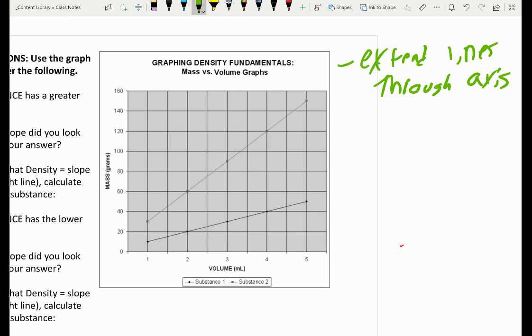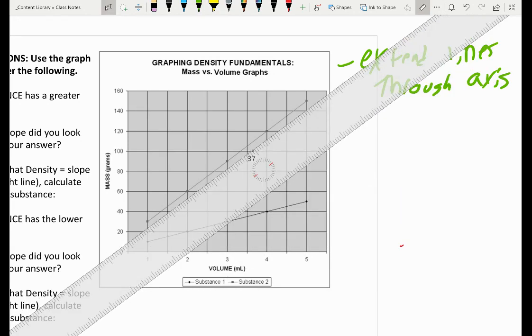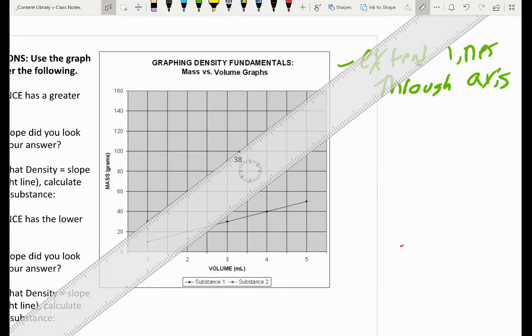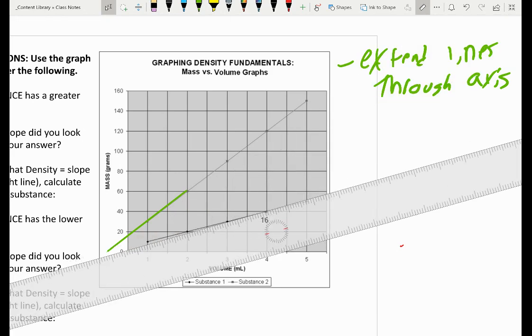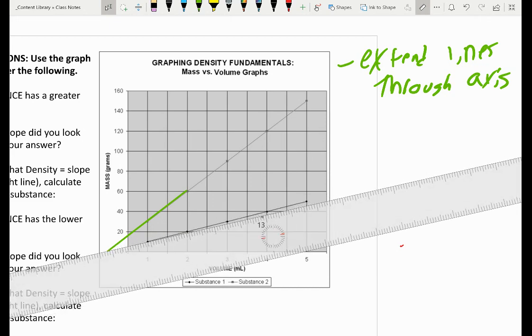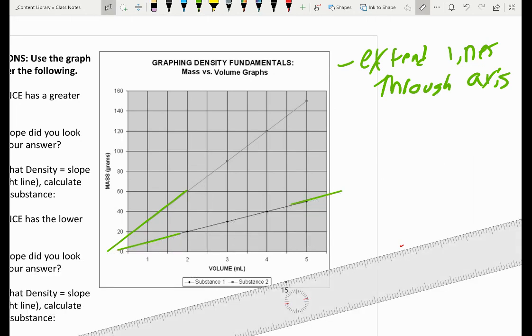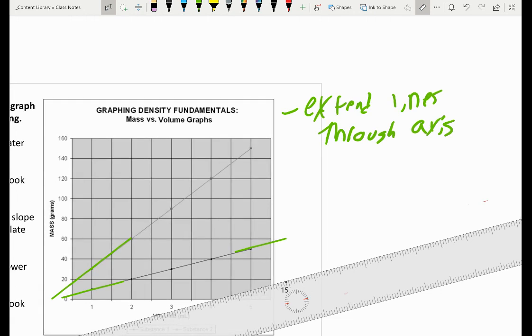Always. So when I see these, what I'm going to do is go ahead and grab my ruler again, and extend it like this. And you can extend it on both sides if you like, but no matter what, you always extend it through the axes. Not the best, but we'll go with it. Okay, and then you can even do it on this side. Okay. And this is called